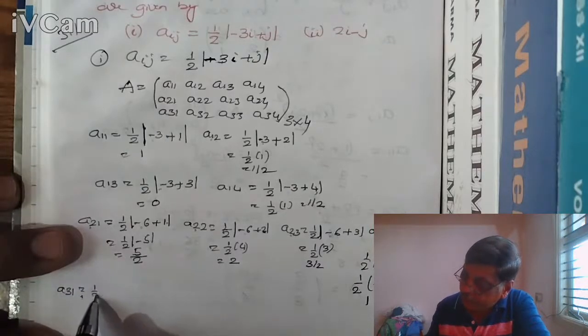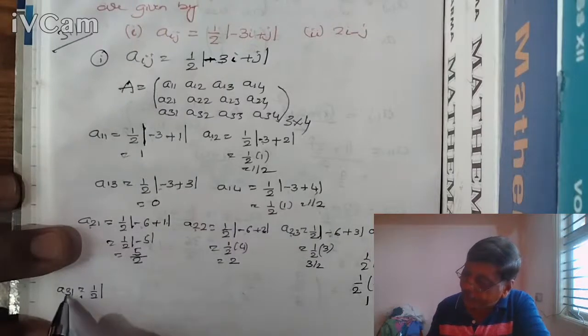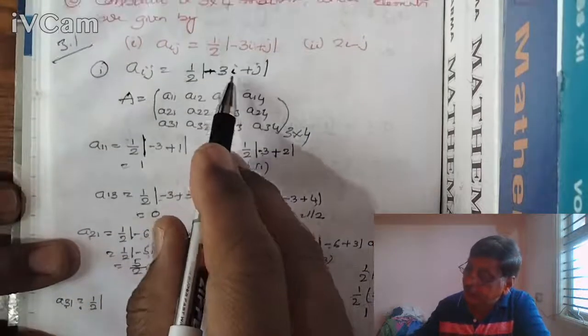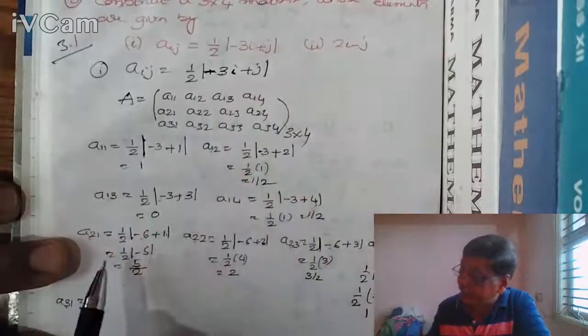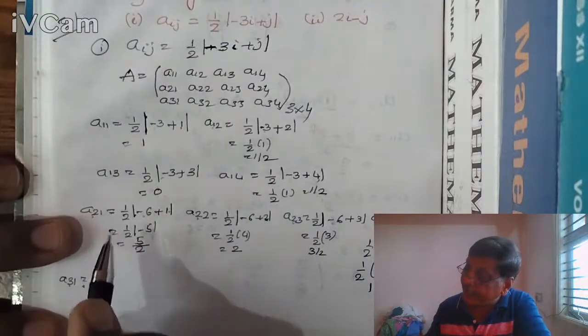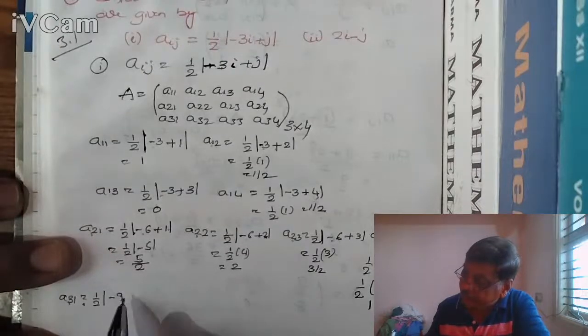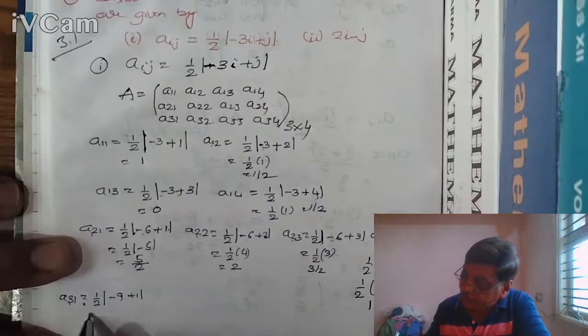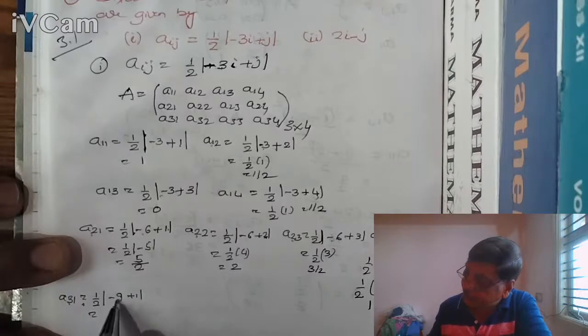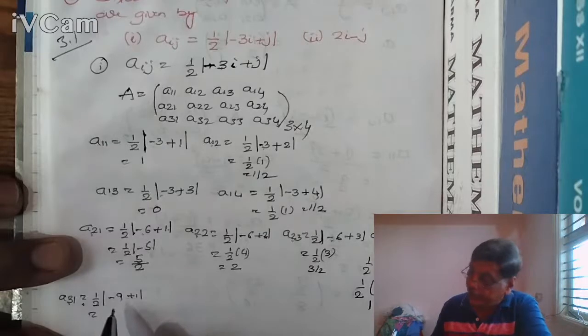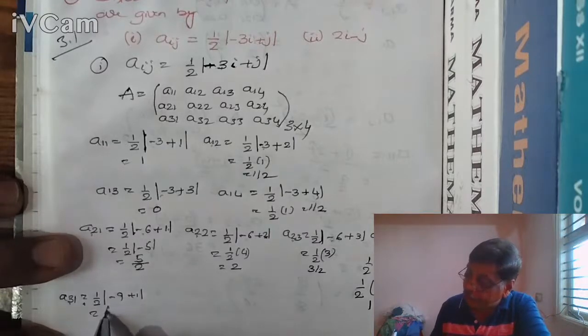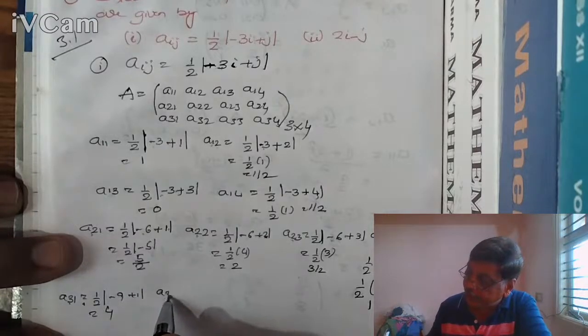A31 is equal to 1 by 2 into modulus of I is 3 here, 3 into minus 3. 3 into minus 3 is minus 9 plus 1. So that gives minus 9 plus 1 is minus 8. After taking outside the modulus, plus 8, 8 by 2 is 4. Okay, next,